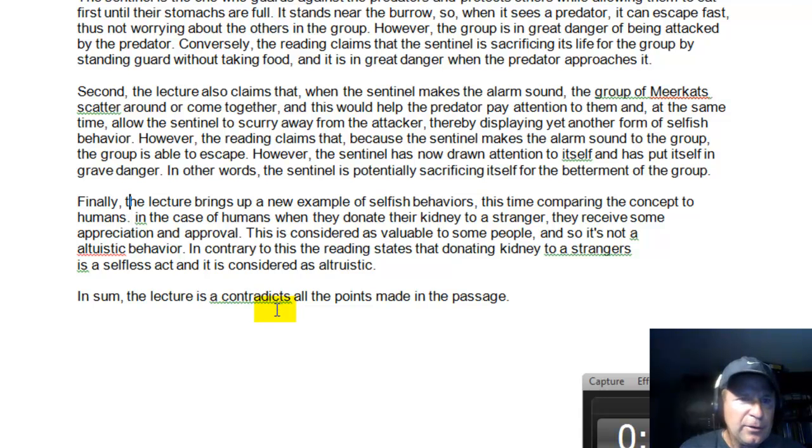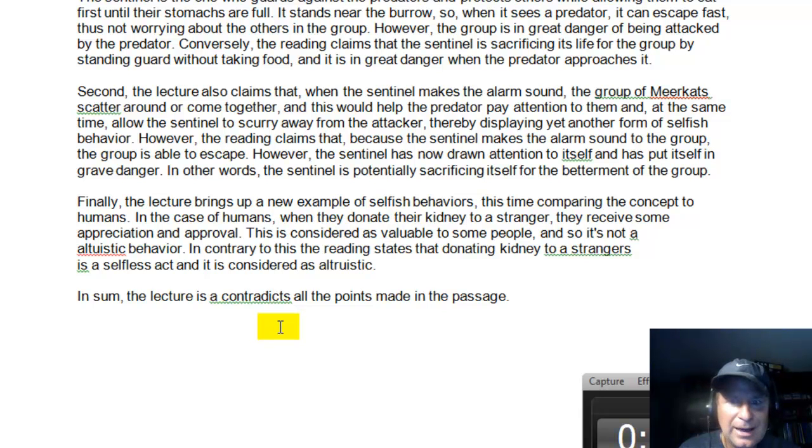Okay, let's look at our topic sentence now. Finally, the lecturer brings up a new example of selfish behaviors, this time comparing the concept to humans. Then say, in the case of humans, when they donate their kidney to a stranger, they receive some appreciation and approval. You might put since, cause effect, or because. Since this is considered as valuable to some people,